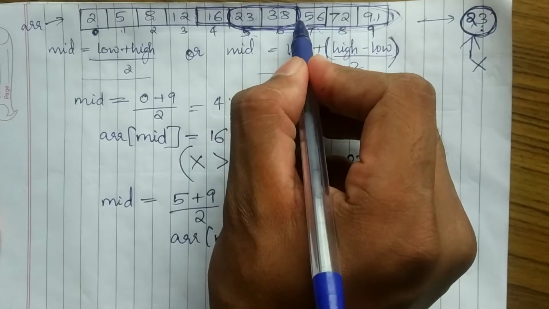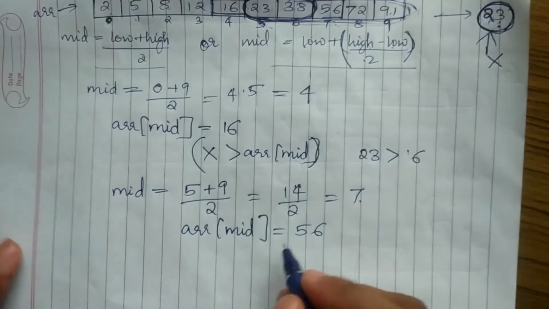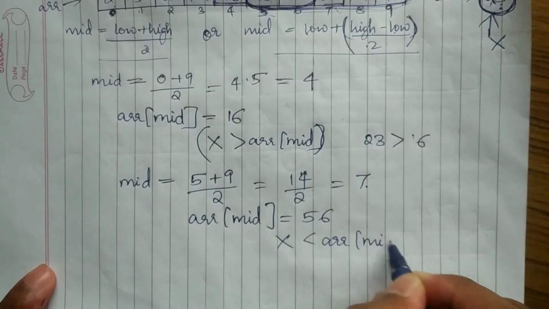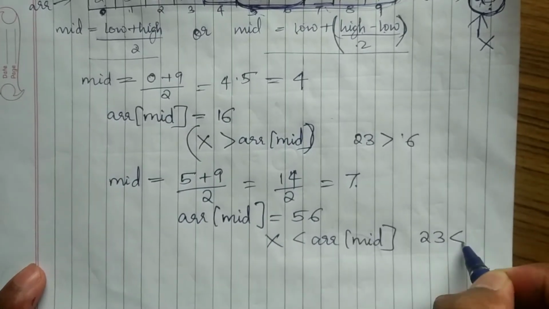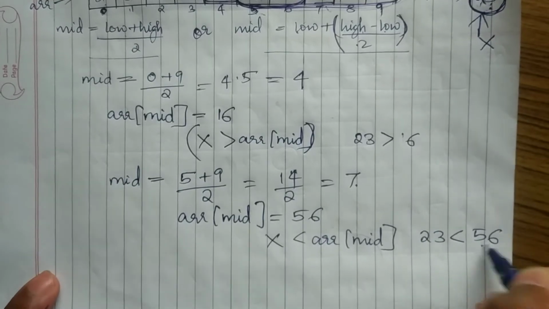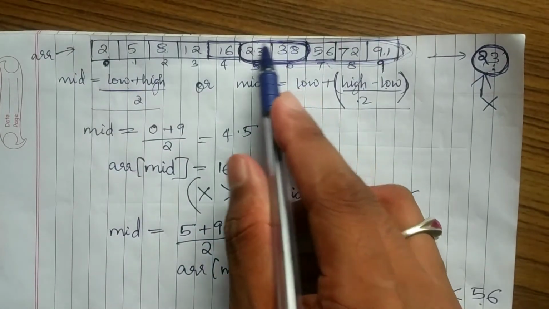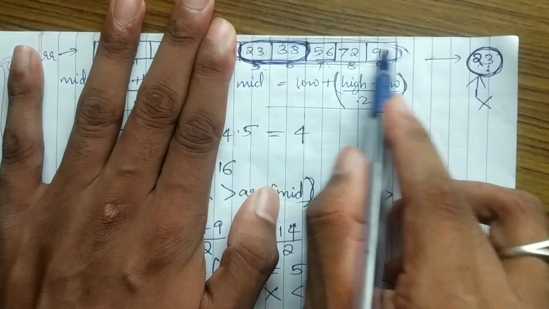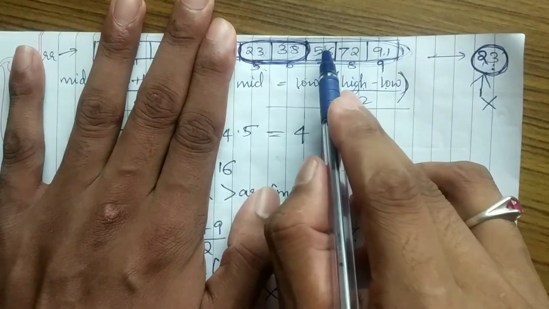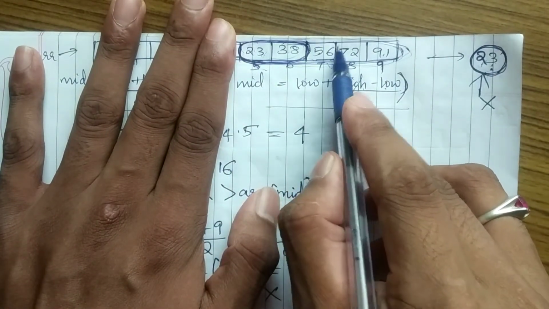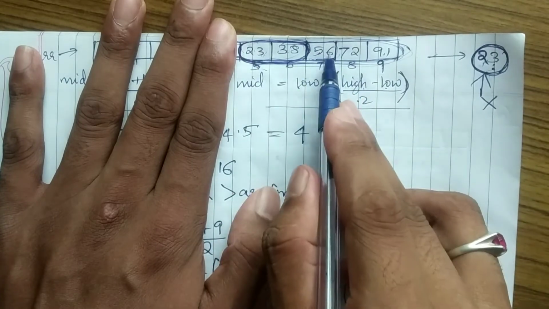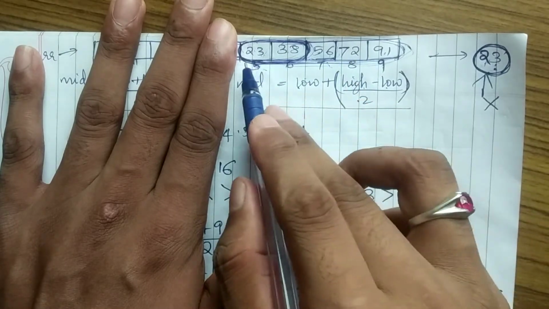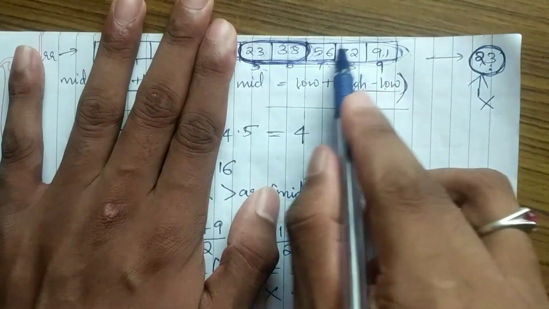That is, we should search in this part. So as the element to be searched is smaller than array of mid, that is 23 is smaller than 56, we should search in the left half of the mid, that is this part. Before this step only this was remaining, and now for this, as we found the mid as 56, and as 23 is smaller than 56, we should search in this half. There is no chance for the element to be found here,